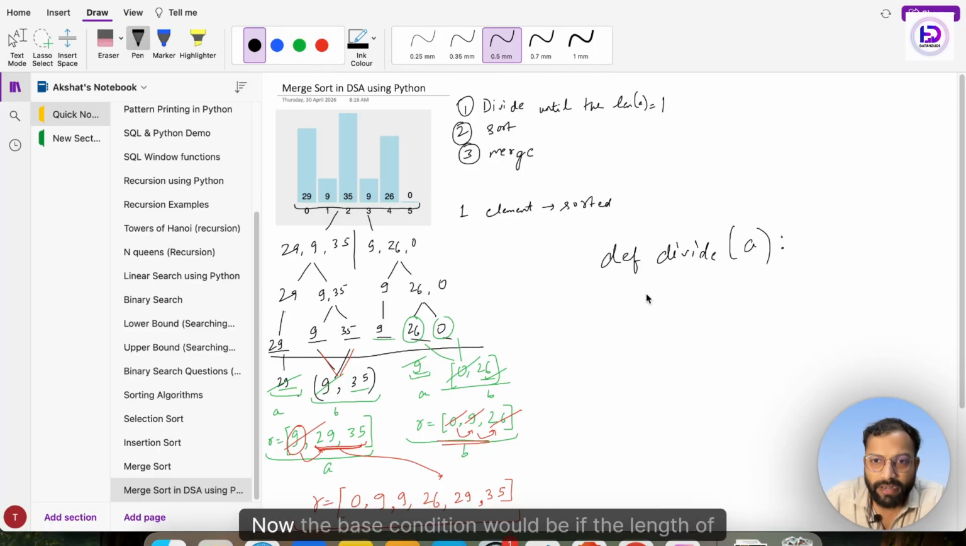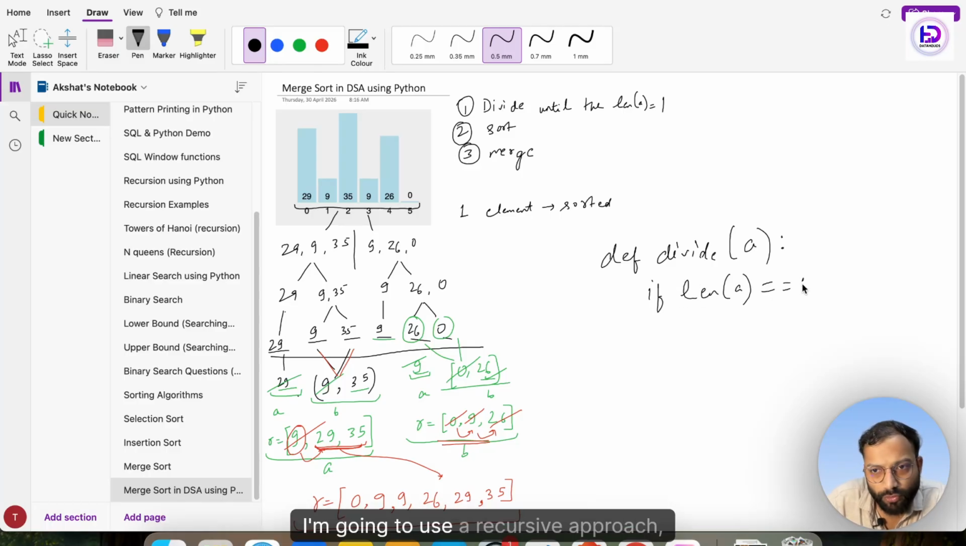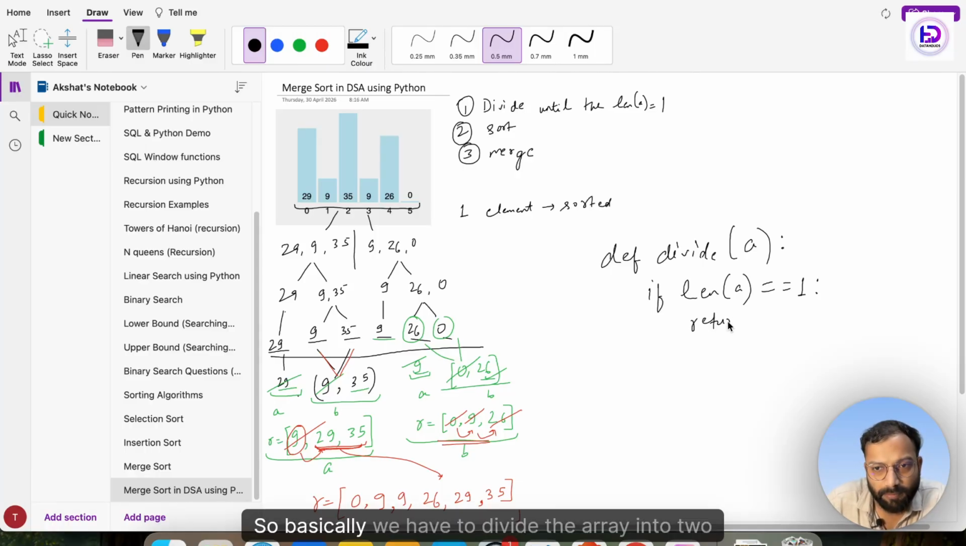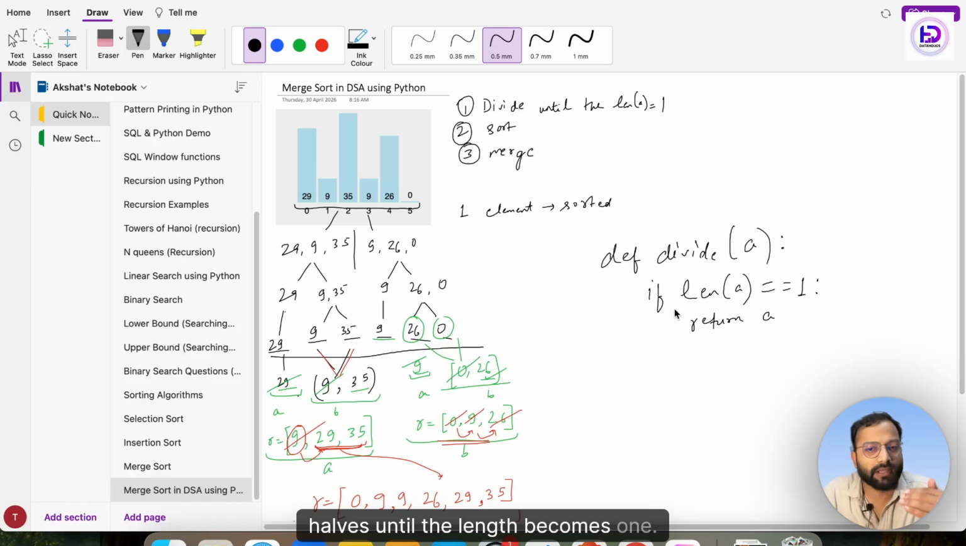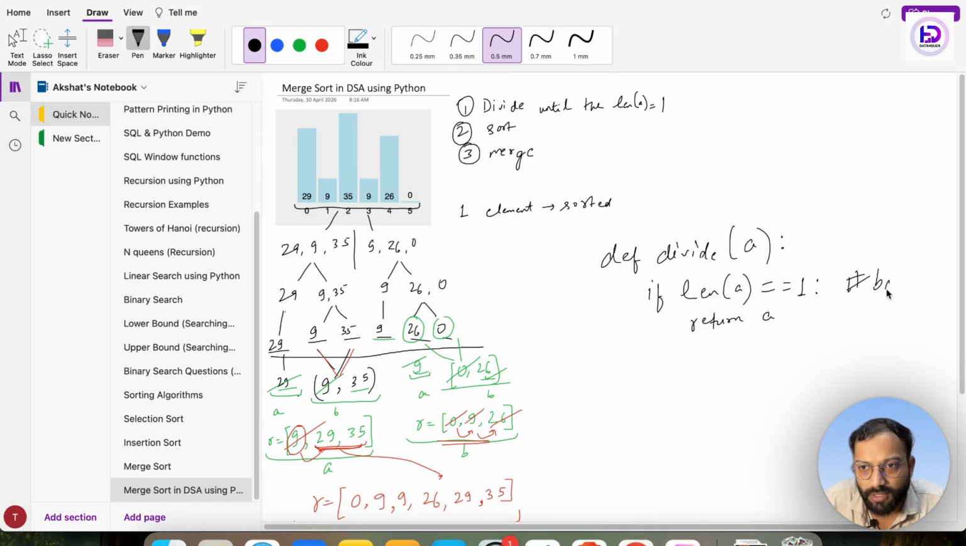Correct? Now, the base condition would be if the length of array equal to 1. I'm going to use a recursive approach. Return A. So basically, we have to divide the array into 2 halves until the length becomes 1. That is our base condition. That is where we need to stop. I hope this much is clear. Else